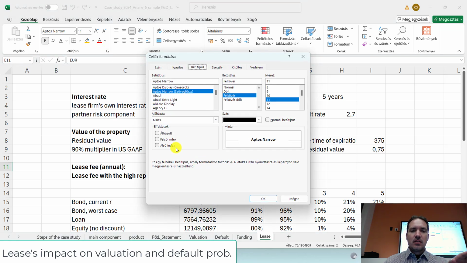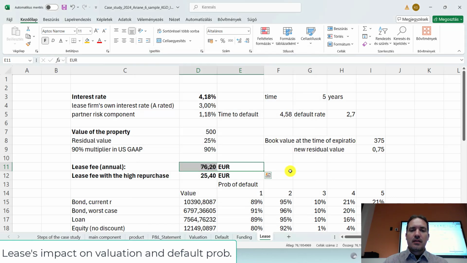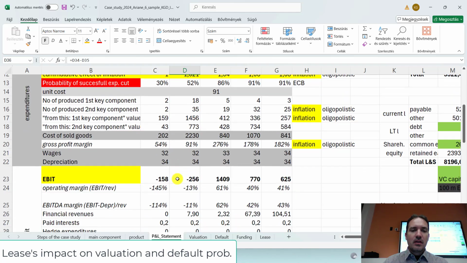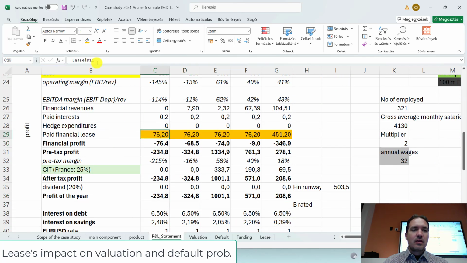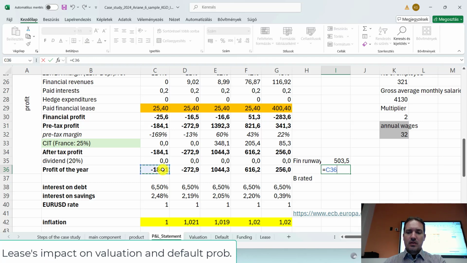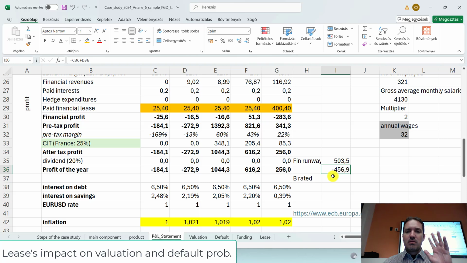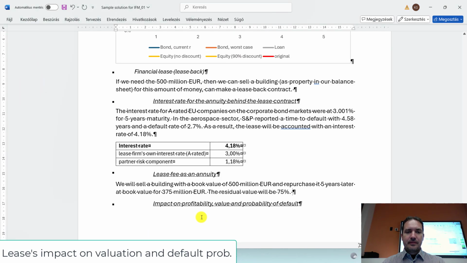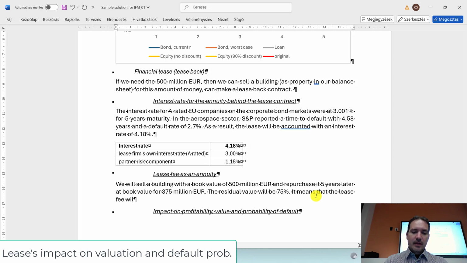Now let's cross it. We have to use the other one. Yes. Nice. And also now we don't have to use up. Yes, we have an additional 43 million euros in the financial runway, so we still have some money for surviving, so it's even nicer. Means that the lease fee will be only